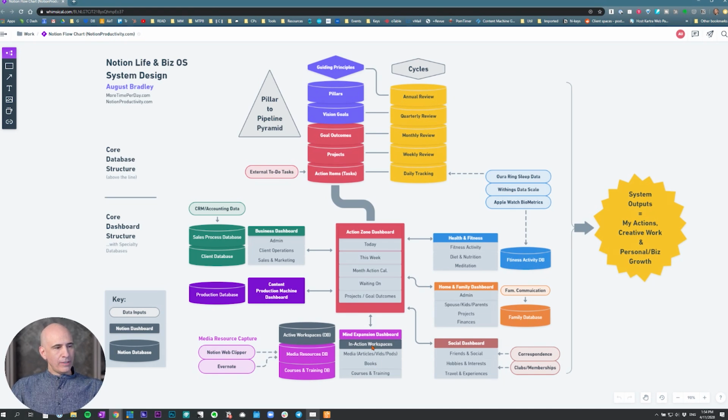And then we're going to do a video on this in the future as well, but there's a special database called the Active Workspace Database, or the In-Action Workspace. So this is kind of a creative studio where I take all of the information from these other areas and I organize this particular database by idea or theme. So there's certain actions that I'm taking, a theme might be sales and marketing, a theme might be growth hacking, a theme might be product development of a particular product.